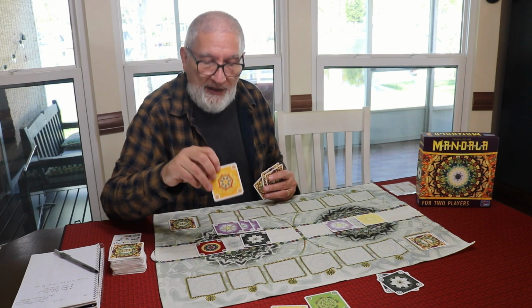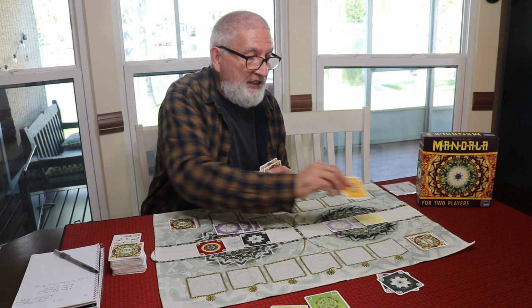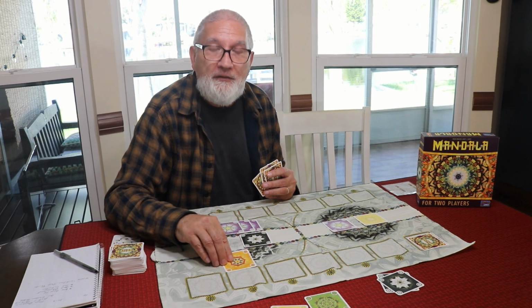This card could be played into this area. This card could be played into this area. This card could be played into the mountain of this area or the field of this area, because it hasn't been